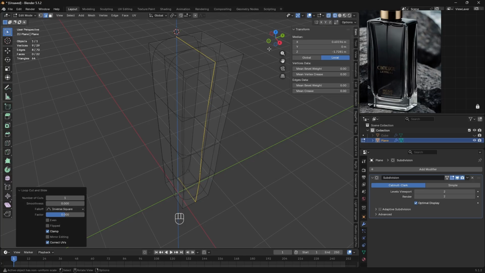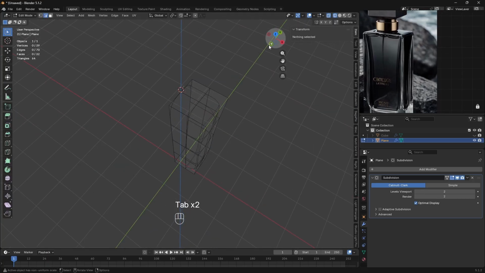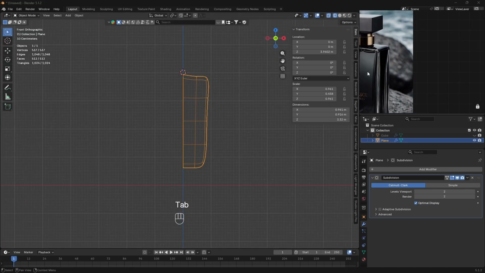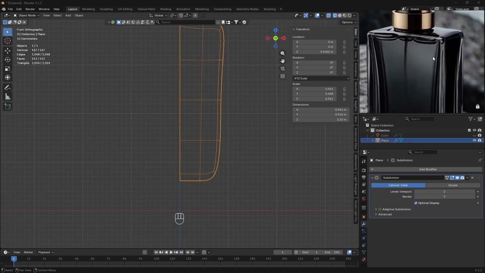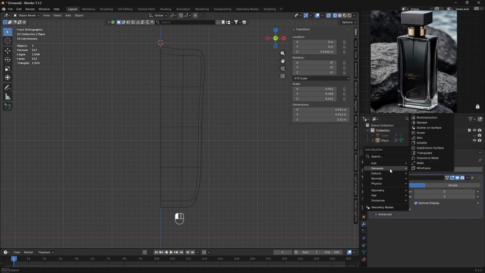Give me just one, and you're gonna see it. It seems to be just like the way we want it to be. So GC, so we can get this curvature. All right, we need to make it as close as possible. I know it's an AI generated image, but I will do my best to just make it as it is.